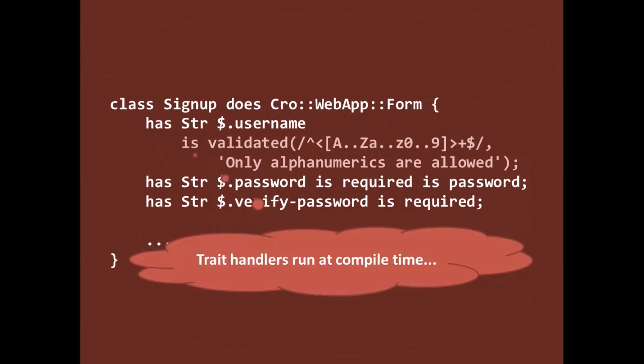So this trait handler is running at compile time. The idea of them is that they provide a way to hook into the compilation and attach extra bits of metadata or do various tweaks to meta objects. But actually,